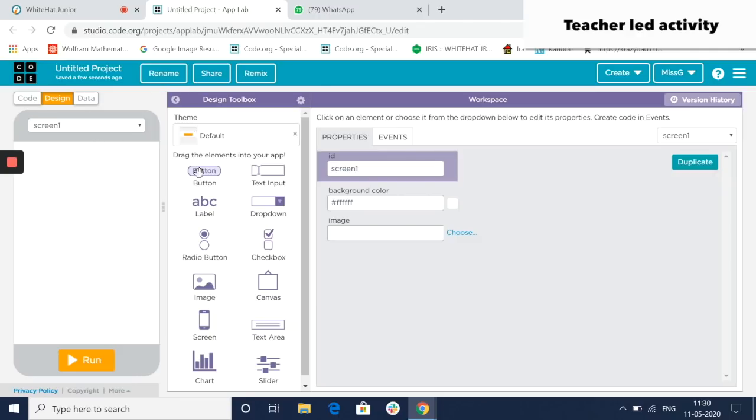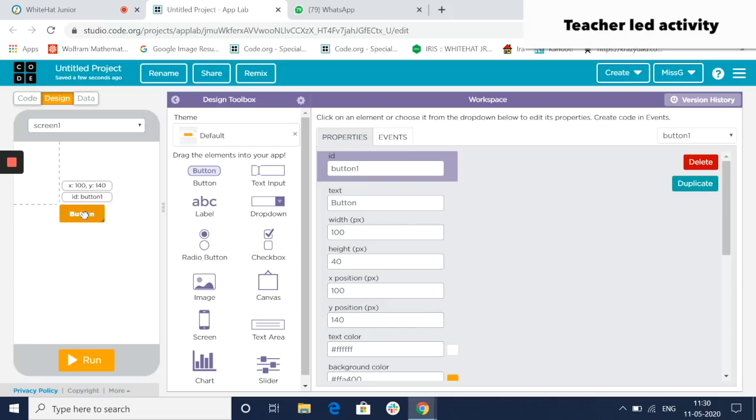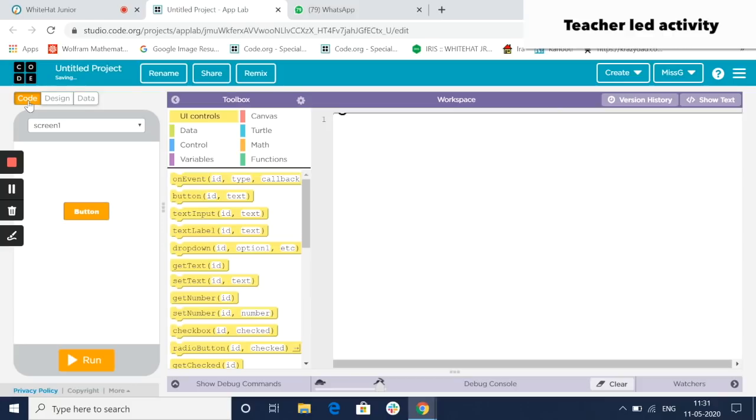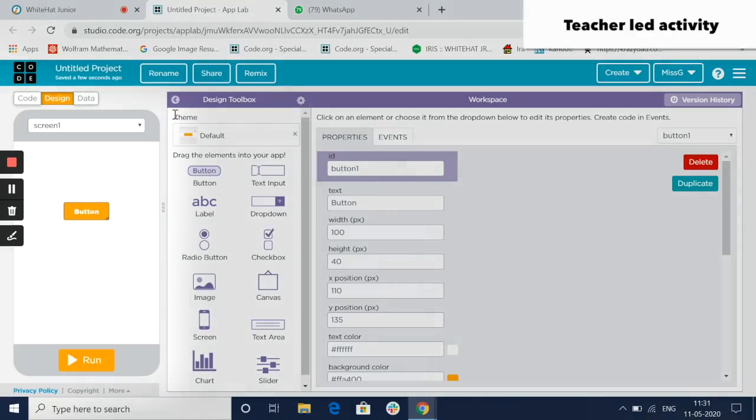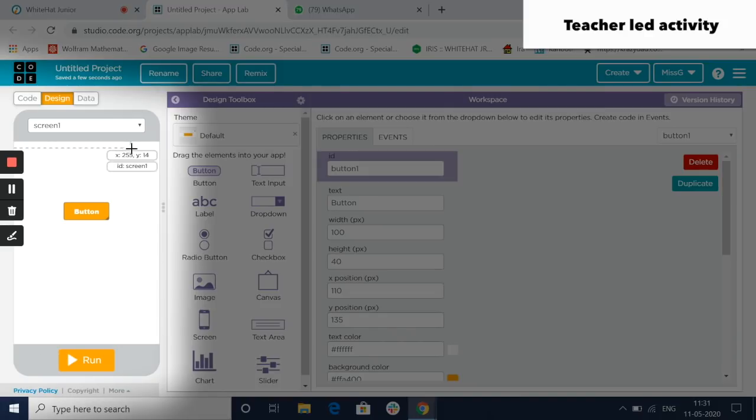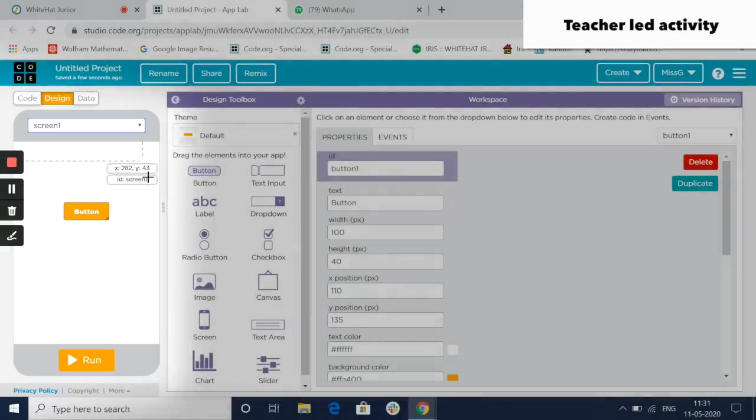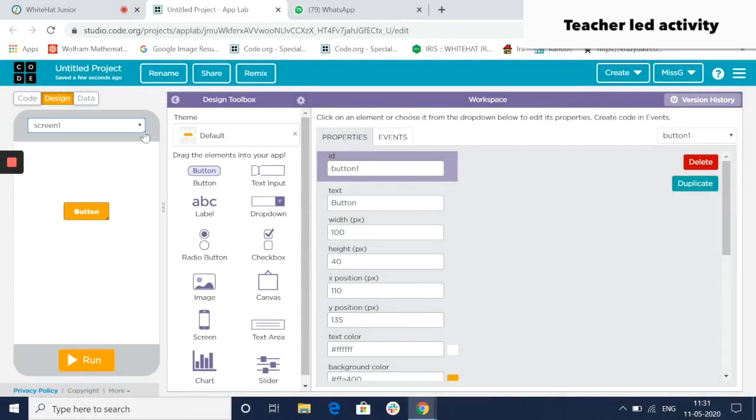So every time, let me first start designing. Now I am doing step 2 of the app. I have placed a button. So I am on the design tab. I can toggle between the code tab and the design tab as I explained. The mobile simulator in the design tab shows a screen. Do you see this? This is going to be your mobile screen. Today's app, we need only one screen.